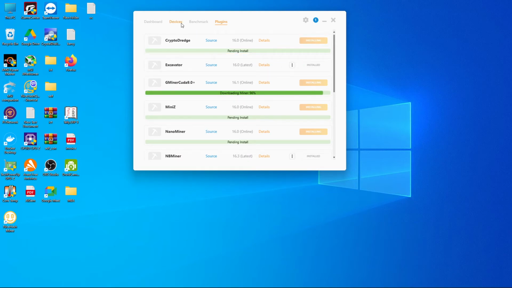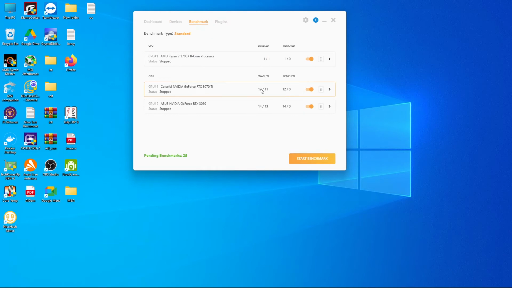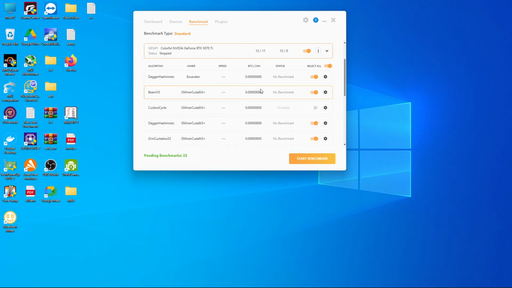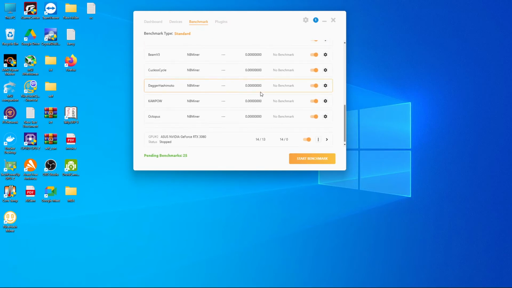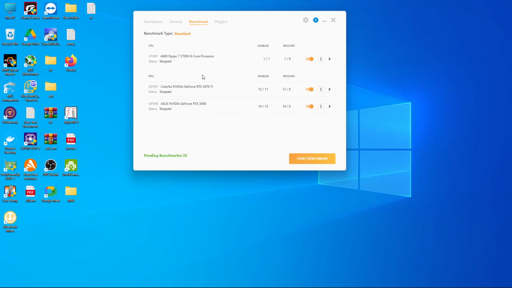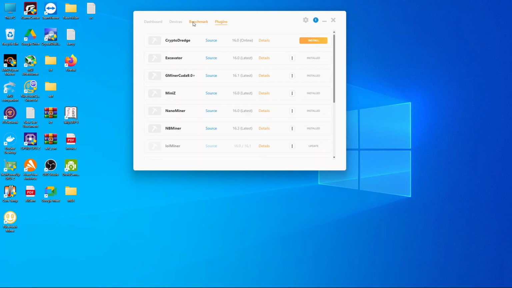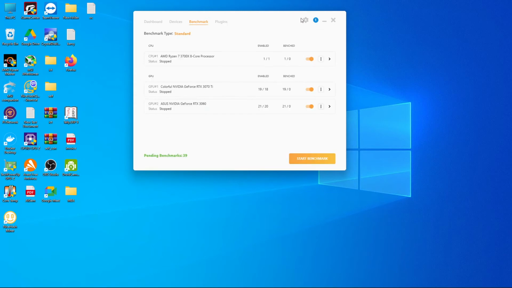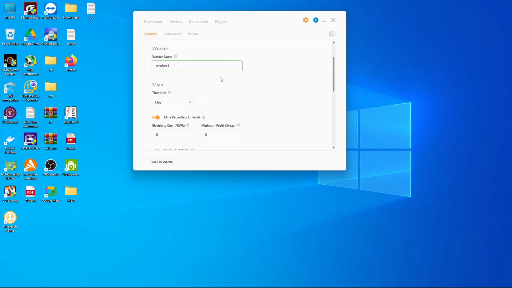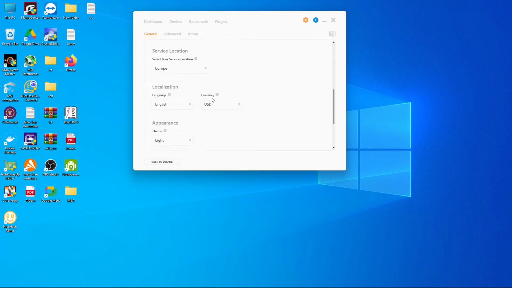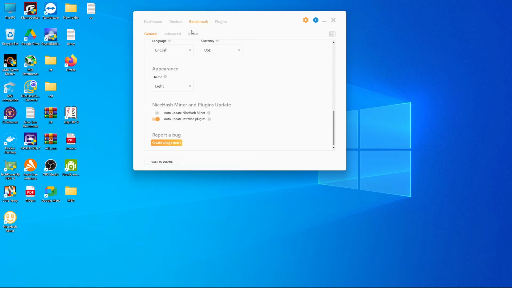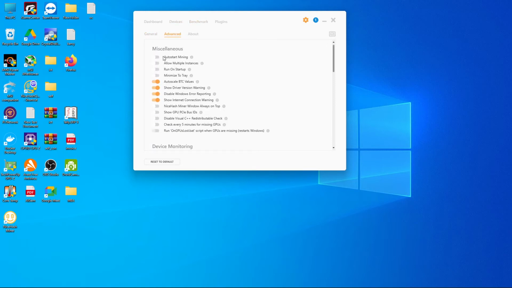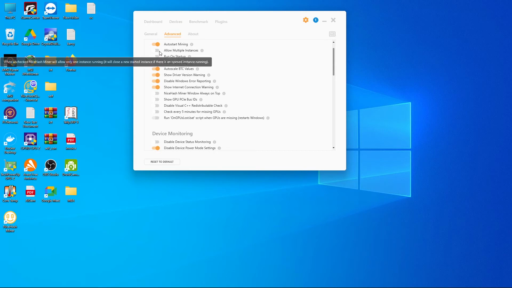Okay, so when these are done, you will start here. The entire setup will first benchmark. After the benchmark, it will start mining. Okay, so this one is not installing. This happens from time to time, but not to worry, it will install itself within a couple of days. So before starting anything else, I'll go to settings and check every setting. So here comes advanced auto mining. It will start your mining right away.